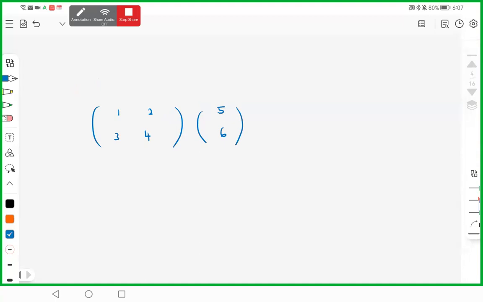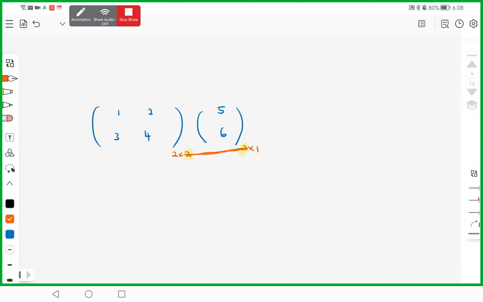So how to check? You write down the order. The first matrix is 2 times 2, 2 rows, 2 columns. Then the second matrix is 2 times 1, 2 rows, 1 column. Then can kawin or cannot kawin? Look at the number inside. Same character. Oh, you good, nice person. I nice person. Okay, can. So when you kawin, if can multiply,